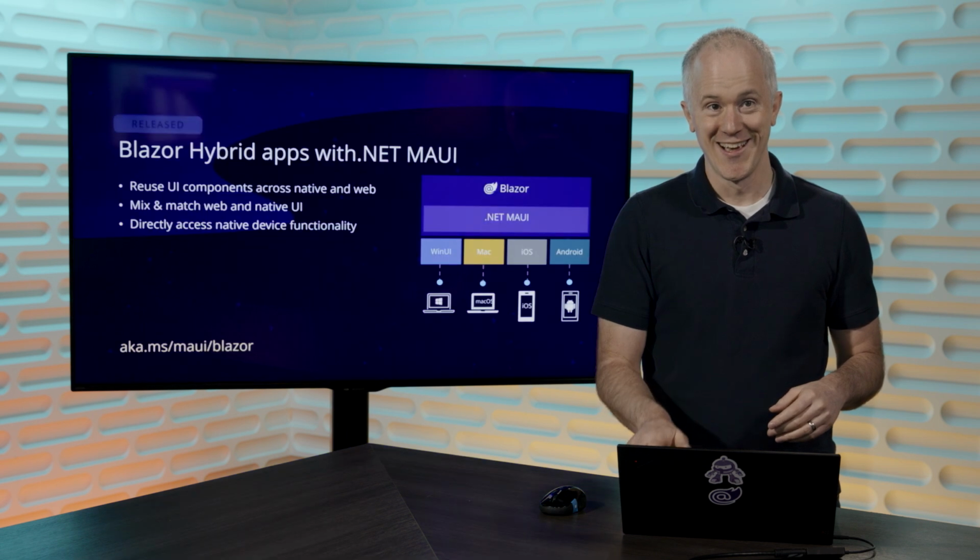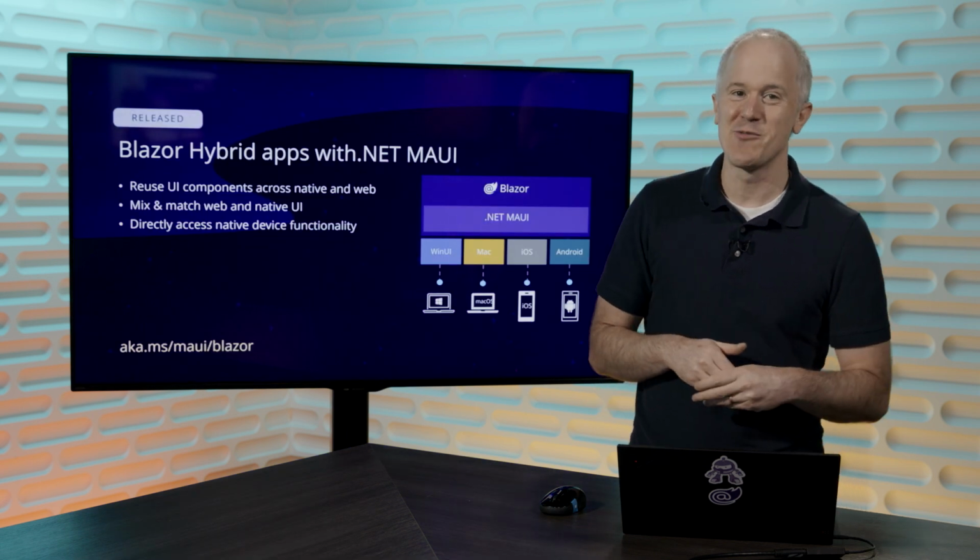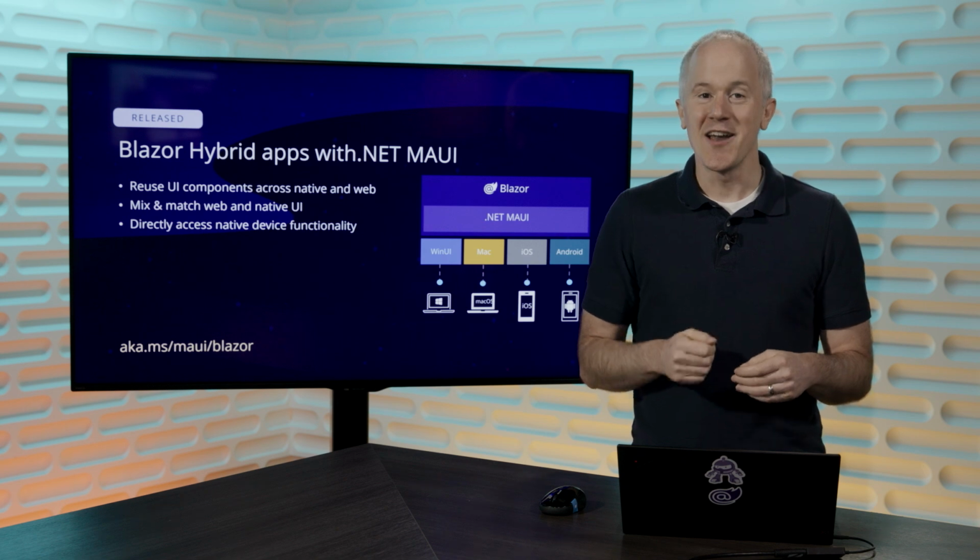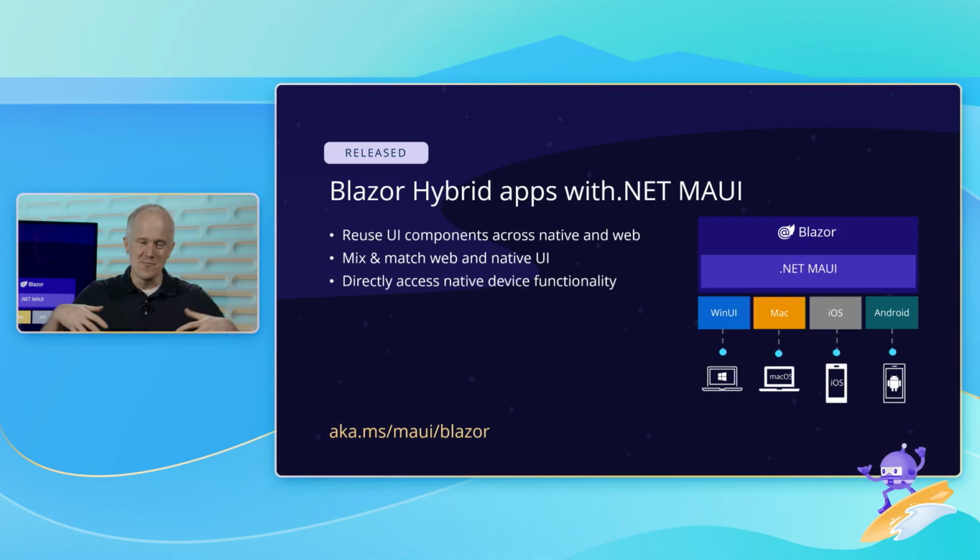And of course, the best way to build a Blazor hybrid app is with .NET MAUI. .NET MAUI has Blazor hybrid support built into the framework. You can take your Blazor components and embed them in a .NET MAUI app. This means that you can use .NET MAUI and Blazor together to target mobile, desktop, and web with one Web UI-based implementation. You can also then take advantage of .NET MAUI features like leverage native UI elements alongside your Blazor Web UI, or also call into native device functionality through normal .NET APIs.